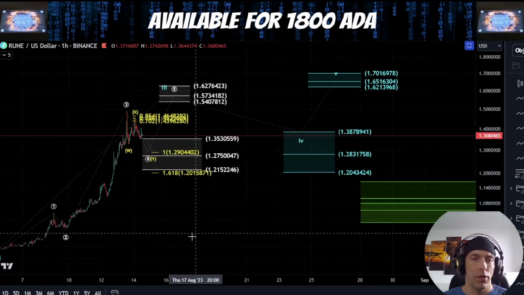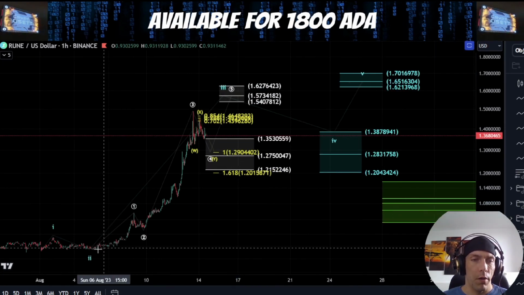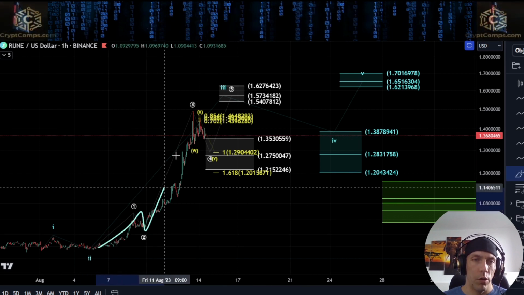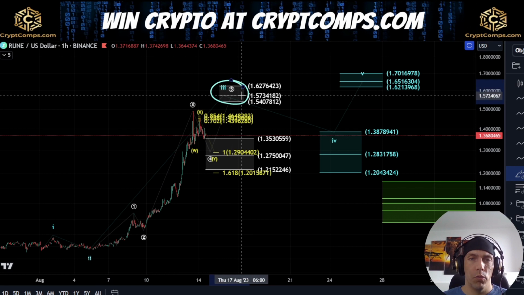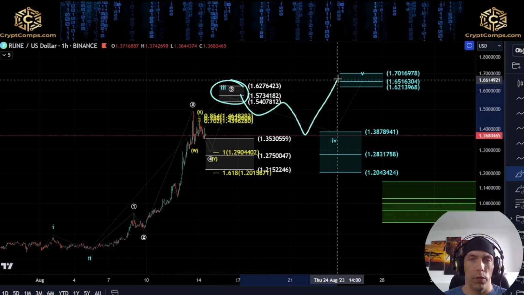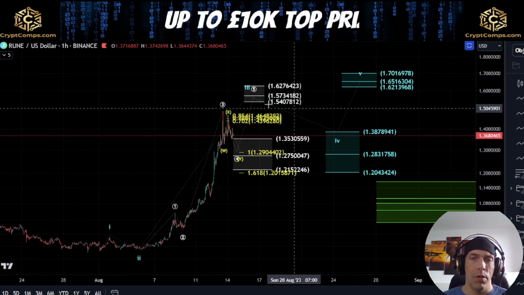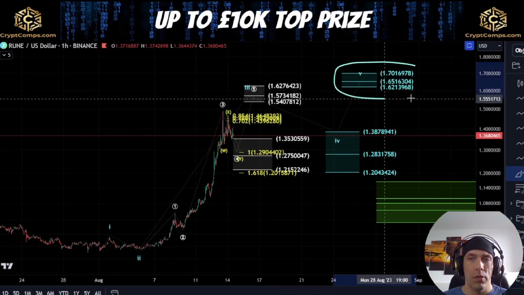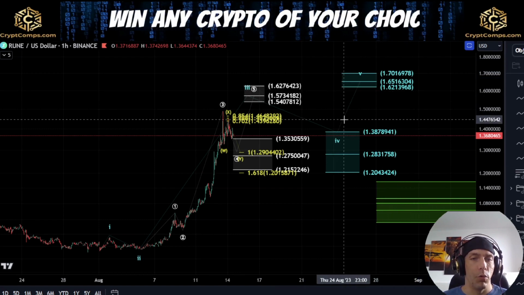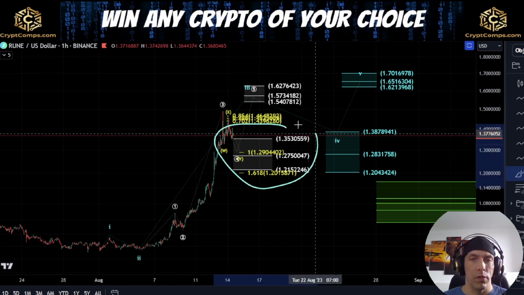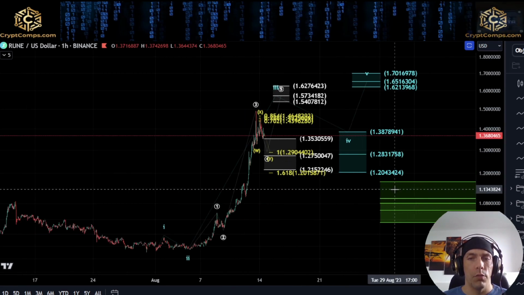Now, within this idea here, what we'd be saying is that we have the white count over here where this is 1, 2, 3, 4, and 5. And then after this completes, what we'd be looking for would be an additional fourth and a fifth. So the target area that we could potentially look to push up to is this $1.70 to this $1.62 in the blue count. If we continue to hold these support zones here,